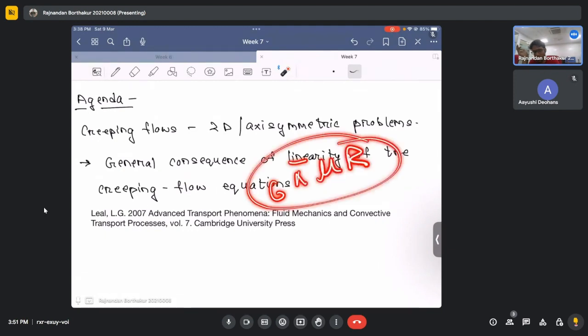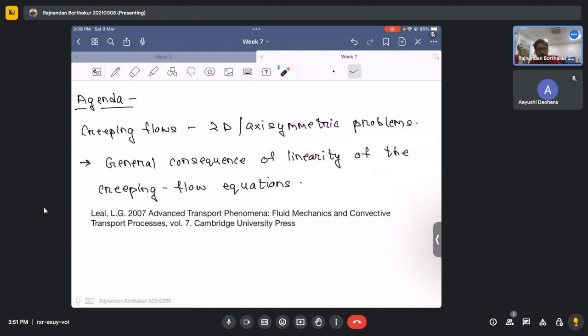Maybe that's what you basically got. Okay. So that analysis actually comes from the fact that we are in that creeping flow region. So what we will do is we will revisit the creeping flow equations basically. I mean, you know this, but anyway, we'll revisit them, and then we will discuss one interesting aspect of creeping